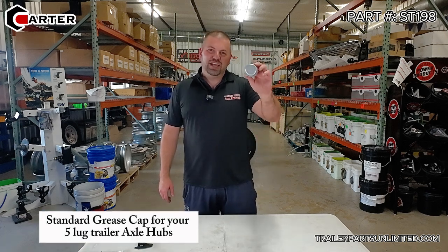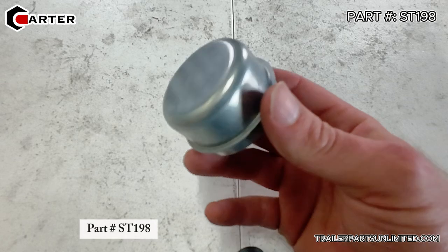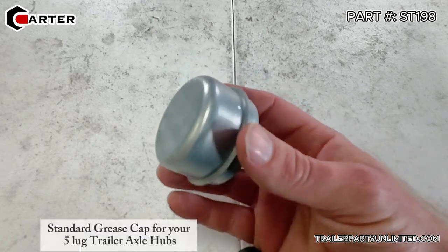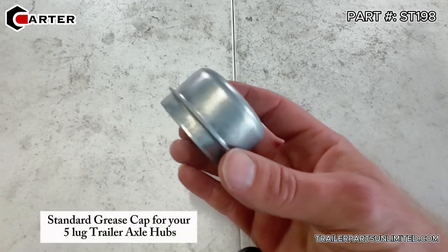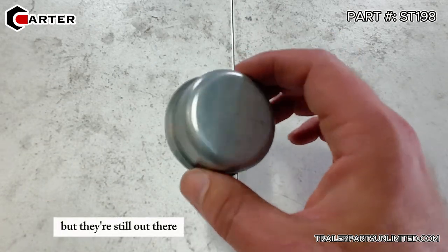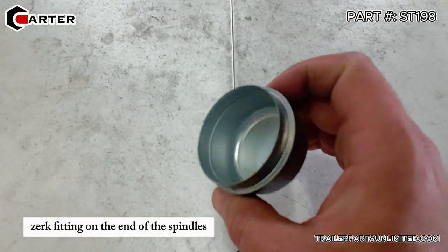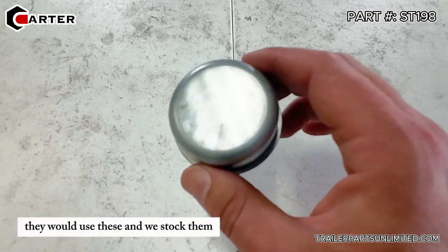This is your standard grease cap for your 5-lug trailer axle hubs. Let's take a look at it. Okay, this is part number ST198. This is your standard grease cap for your 5-lug trailer axle hubs. So this isn't as common anymore, but they're still out there. Axles that don't have the easy lube zerk fitting on the end of the spindles, they would use these, and